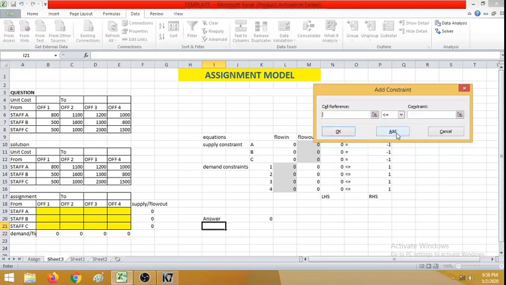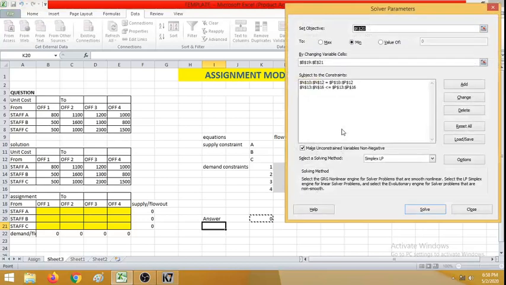Just click add. Then I need to define the less than or equal to. So I will choose the LHS of the 4 demand constraint equations. Then it should be less than or equal to demand constraints. Then the constraint here is all 4 ones here, the RHS. Okay, I have chosen.